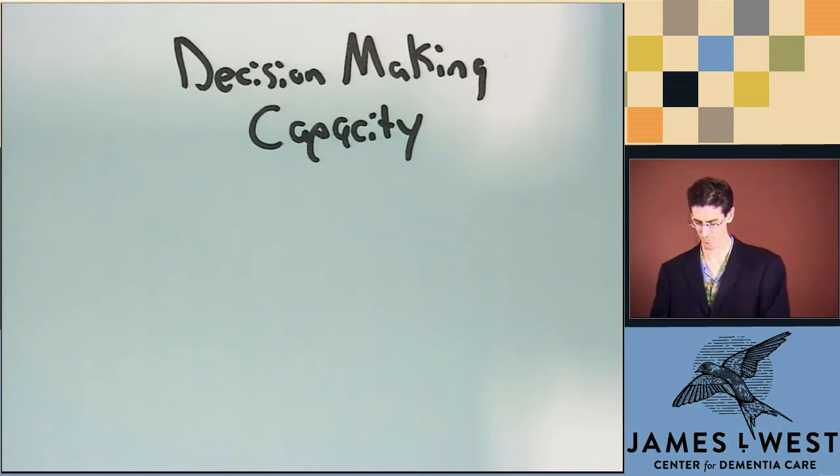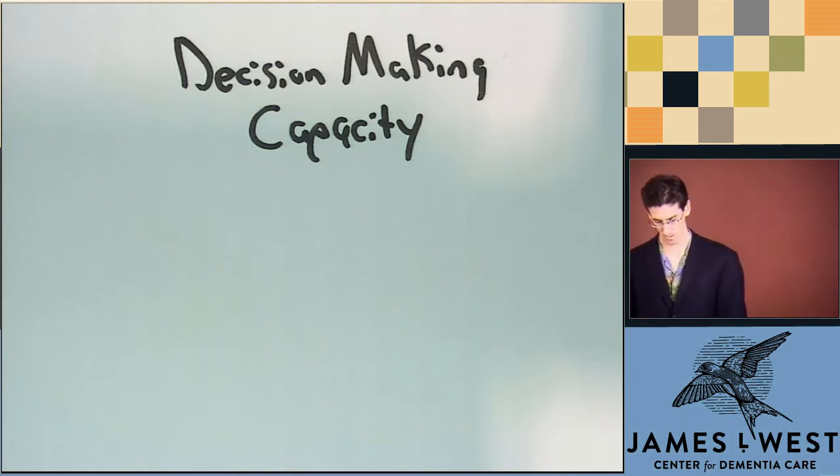We'll initially describe what is incapacity, and there is a legal definition for incapacity. We'll talk about the challenge of doing functional status assessments when we're assessing for capacity. We'll talk about the relationship between cognition and capacity, and then we'll look at the consequences of incapacity. What can we do if someone doesn't have decisional capacity? And so, beginning, we'll talk about what is